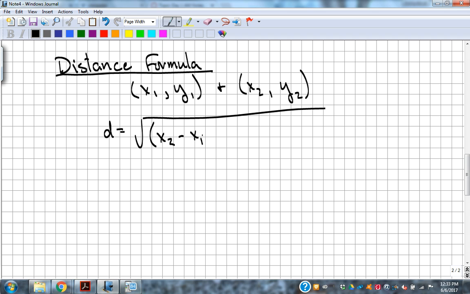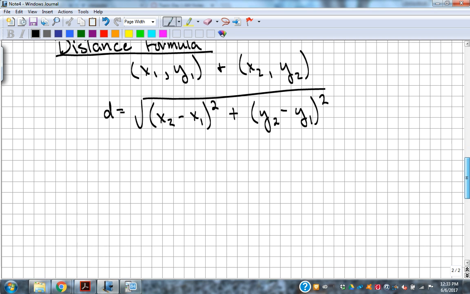the square root of (x2 minus x1) squared plus (y2 minus y1) squared. Okay, so we're taking the x values, subtracting them, square it. Subtract the y values, square it. Then add those 2 numbers together, take the square root. That gets you the distance between 2 points. Okay, how long the line is that's between those 2 is really what that distance is. Okay,